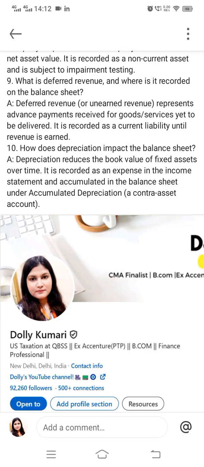So we have not delivered the goods and services, but we have received the payment for that. So we will record it as our liability because the services and goods are yet to be delivered, but we have received the amount. So that is our deferred revenue, and it will be recorded as a current liability until we